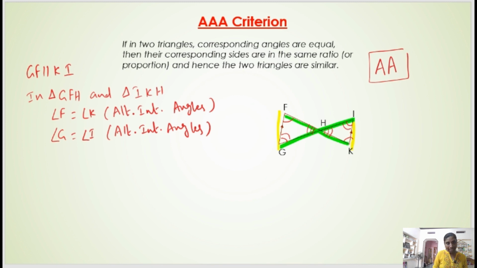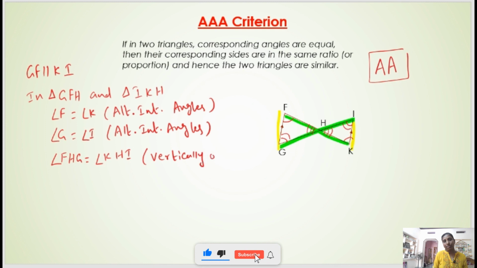It means angle FHG is equal to angle KHI. What is the reason? Vertically opposite angles. So therefore by AAA criterion,